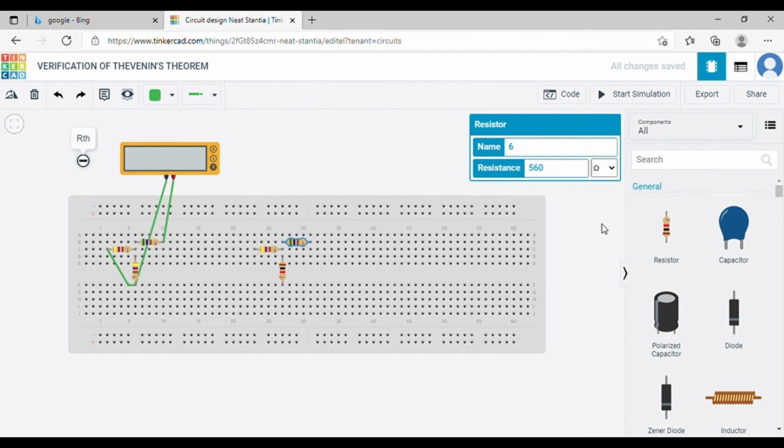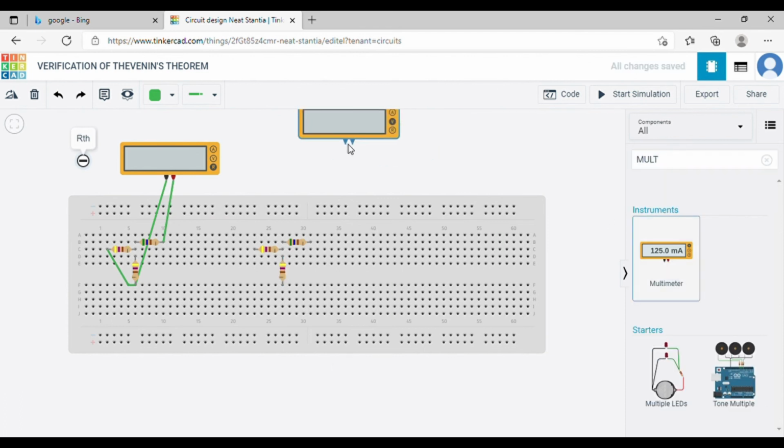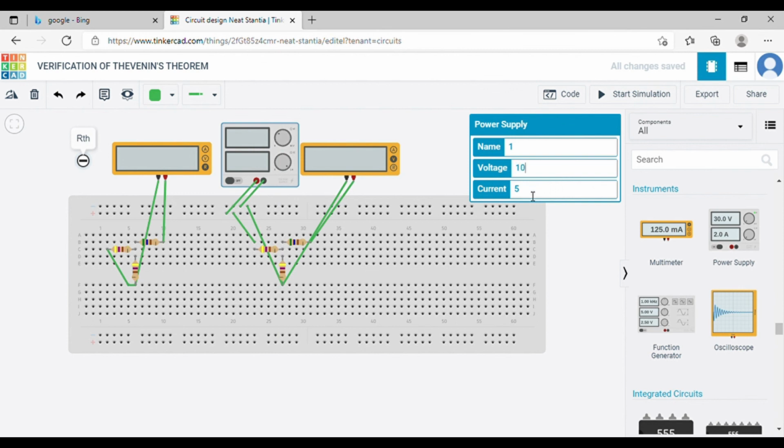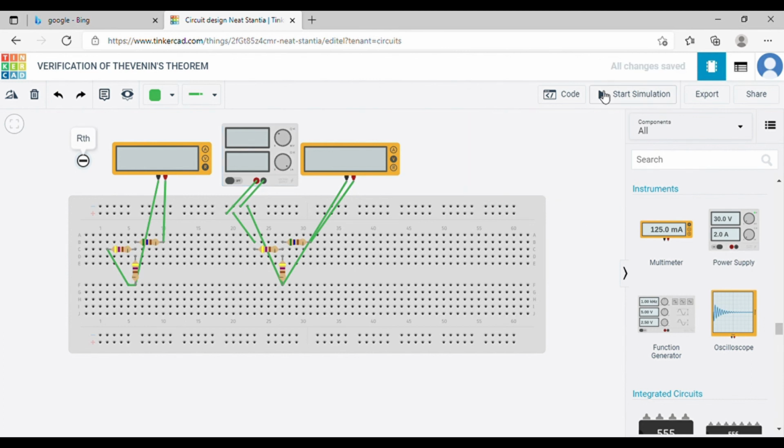The connection for the second circuit for the implementation of Thevenin's voltage is given as per the circuit diagram. The mode of measurement is changed to voltage. We have a red knob and a black knob in both the multimeter and the power supply unit. The black knob indicates the negative terminal and the red knob indicates the positive terminal. Click on the power supply unit to enter the value of voltage and current as per the theoretical calculation. Now we have found out the value of Thevenin's voltage.